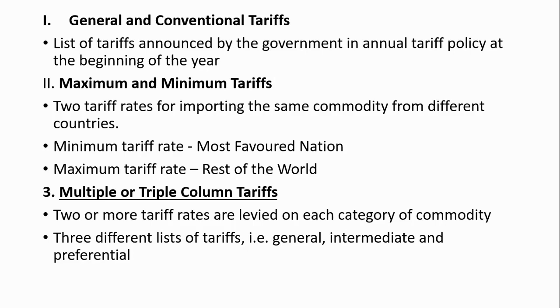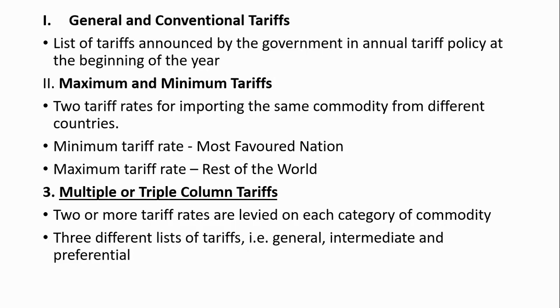So this is the tariff rate which is to be charged from all the countries, and conventional tariff is based on trade agreements or treaties with other countries. So it is different for different countries and it will vary from commodity to commodity also. Then again, it is not flexible, as mutual consent is essential for making any changes. Since it is inflexible, it will hamper the expansion of international trade among the countries.